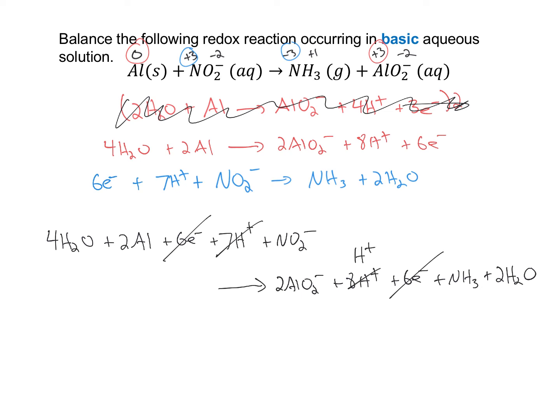Those 8 H pluses will reduce to 1, and then I have the waters, 4 on the reactants, 2 on the products, so the 2 on the products will go away, and I'll have 2 H2O on the reactant side. So after canceling everything out, I'm left with 2 H2O, 2 aluminums, an NO2 minus,